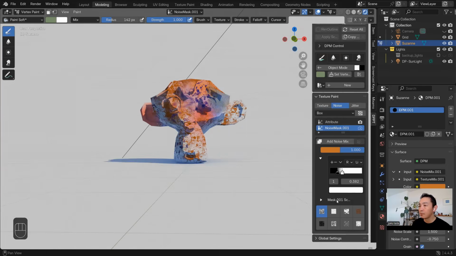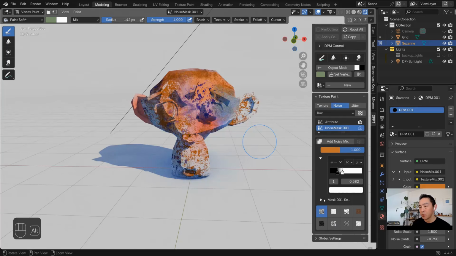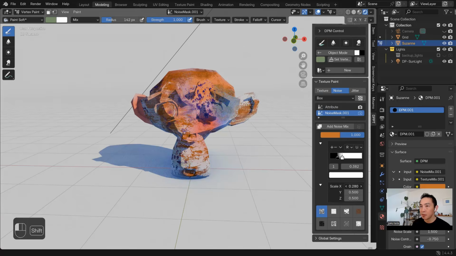And there's a few texture mask maps you can change like this. Also, since this is box projection, you can change the size from here if you want to make it a different size.